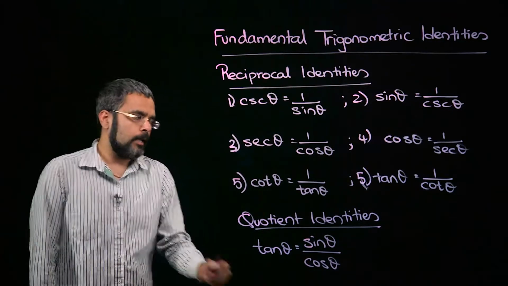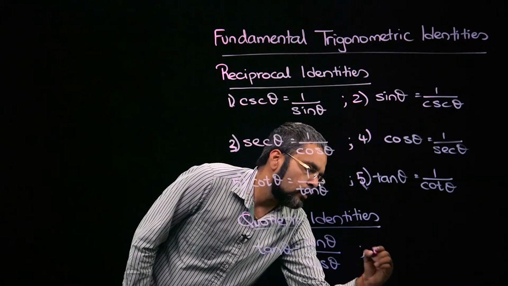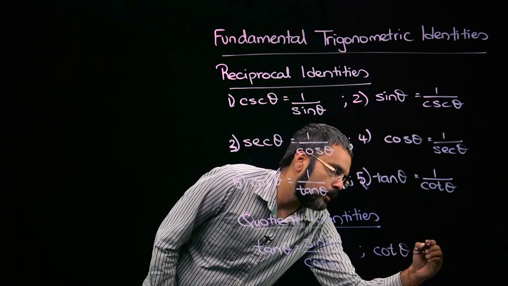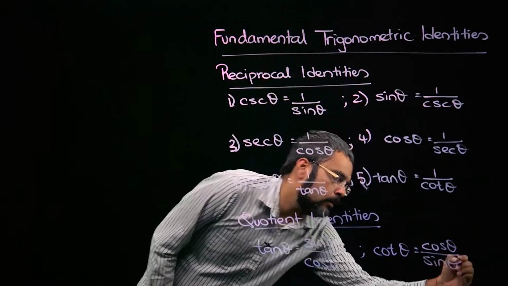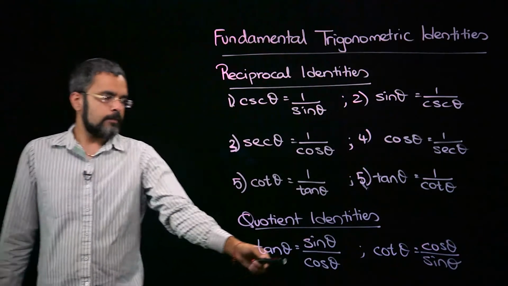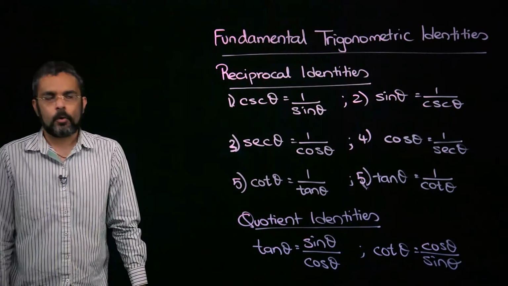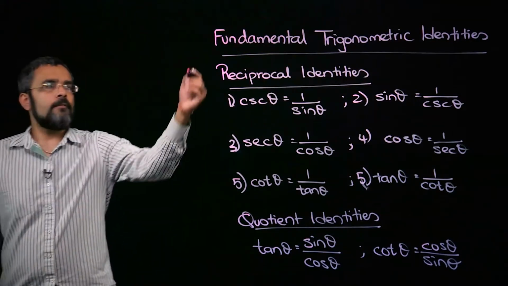Okay, and we can pair this up with cotangent theta equals cosine theta over sine theta, right? So we have tan and cotangent, which can be written as quotients,